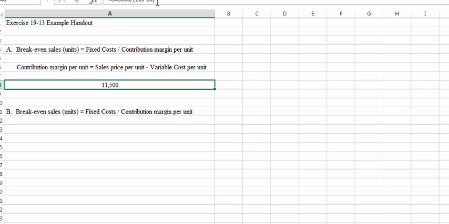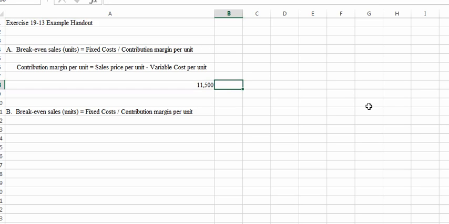That tells us we're going to have to sell 11,500 units